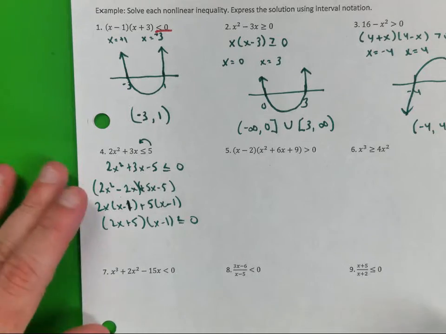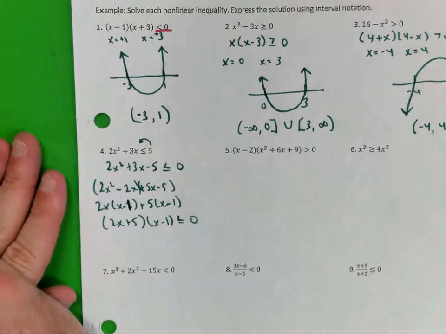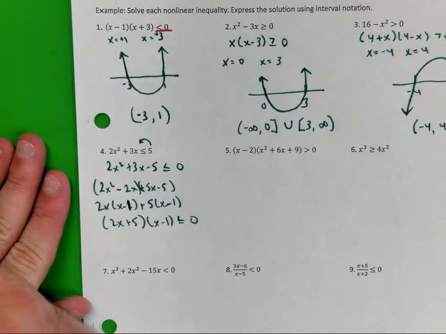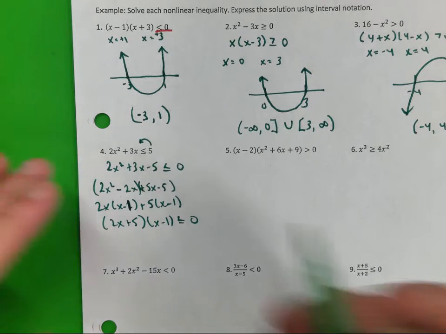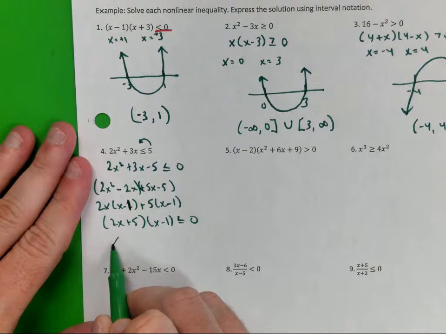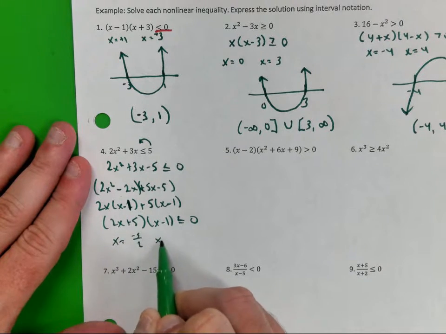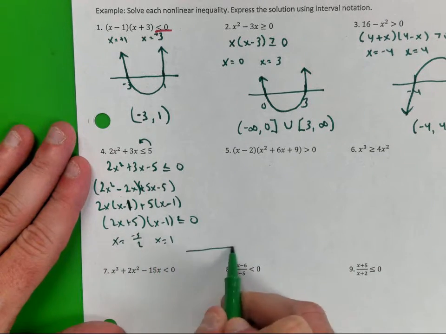Alright, so let's go back to what type of function is that? Quadratic, and the leading coefficient is what? Positive. I know my ends are going to be sticking straight up. Alright, so I set these equal to 0. I get x equals -5/2 and x equals 1. So if I draw my little picture here,